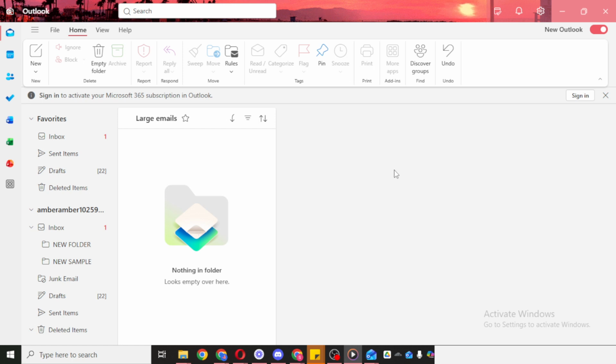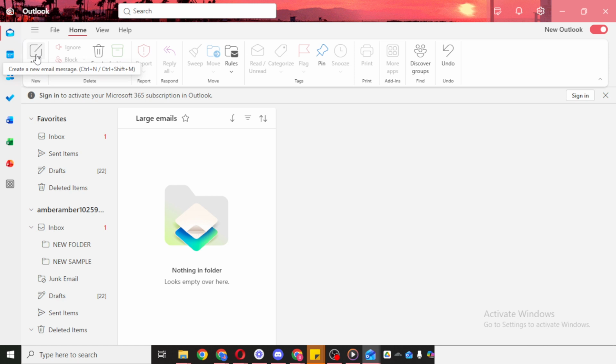To get started, open Outlook on your device and make sure you're on the main screen. Once Outlook is open, look over to the Mail section and click on it. This will take you to the area where you can manage and compose email messages. From there, click New Mail to open a fresh email window.